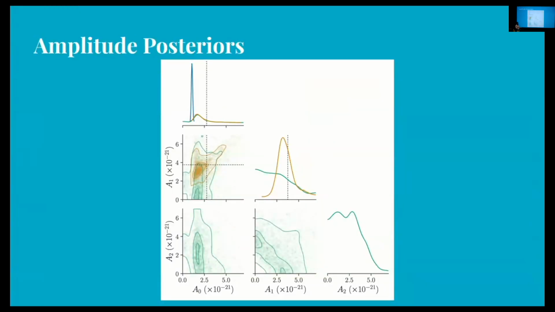Yeah. But would that mean that what this cannot do is this cannot, let's say, separate the posterior for the first overtone and second overtone? Because even if, let's say,